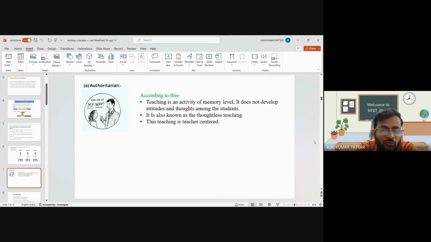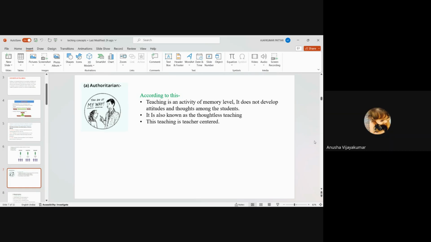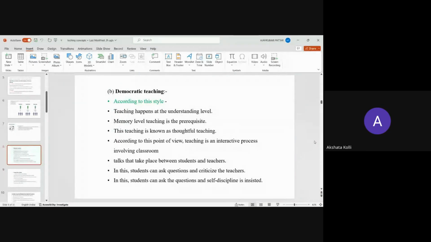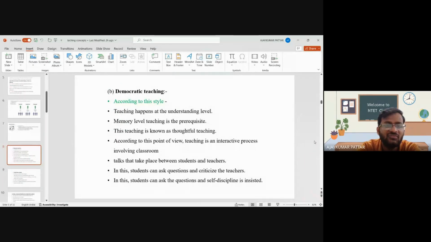Any doubt? What does teacher centered mean? The teacher has the major role, teacher centric. The teacher will tell the student to do this, then the student will do it. This is the authoritarian type of teaching. Can I move to the next? Is authoritarian clear? Any doubt? No, sir. Okay. Next,